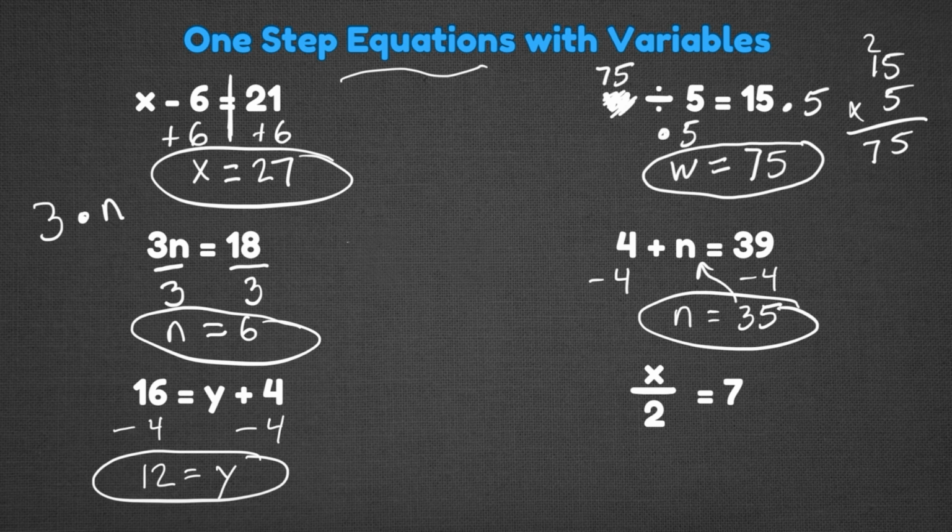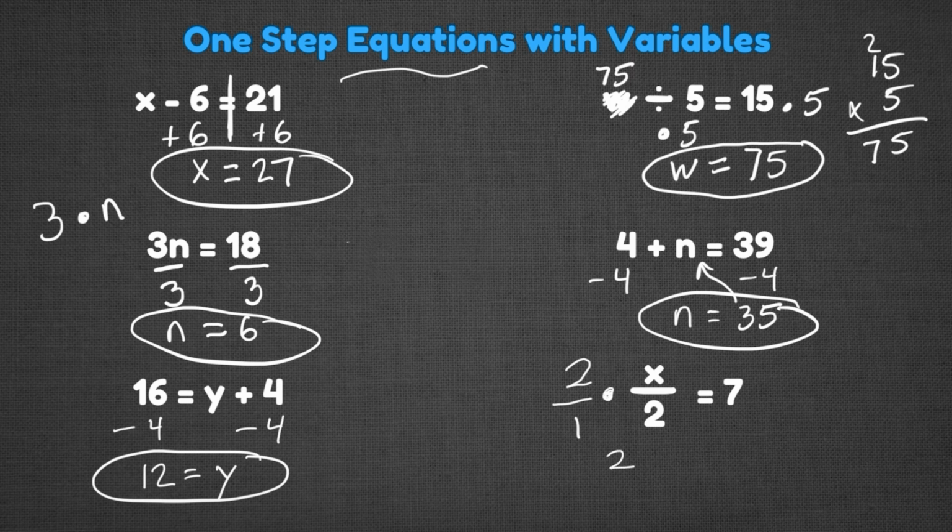What we see here is x over 2 equals 7. And remember, when we see x over 2 or any kind of fraction, it really is a division problem. So we have x being divided by 2. How do we undo division? Multiplication. So what I'm going to do is multiply this side by 2. The only strange thing here is that when you multiply by 2, I'm going to put it in fraction form. The reason for that is because if you were to multiply straight across here, you would have